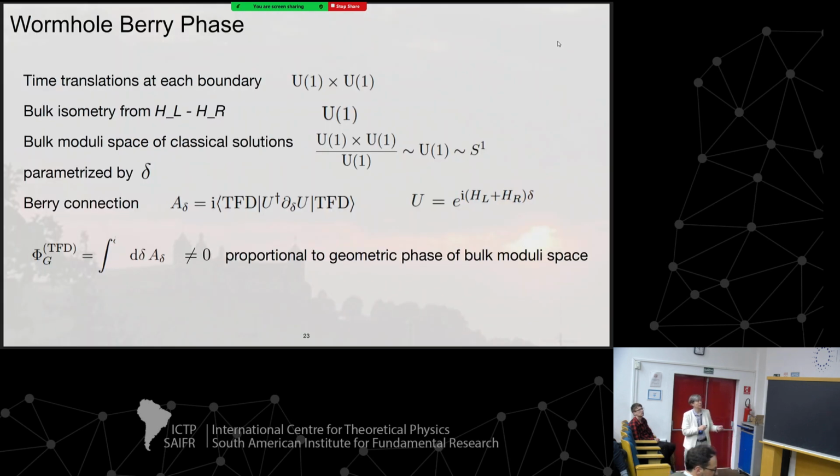Okay, so essentially what we will have here is that, in general, we have a type III von Neumann algebra, which means that we can't define a trace. And the lesson here is that this is related to the presence of this non-exact symplectic form, which leads to the presence of this Berry phase.